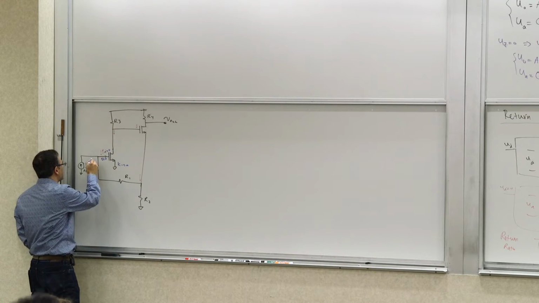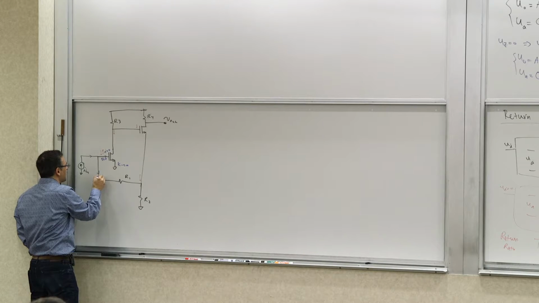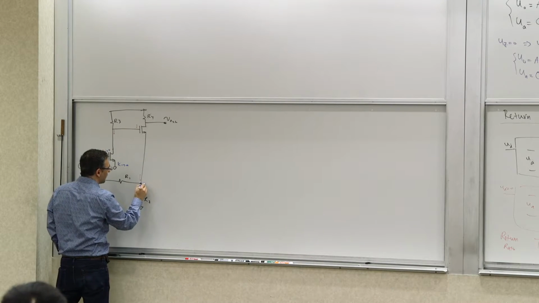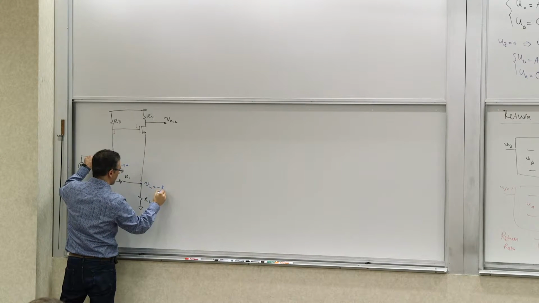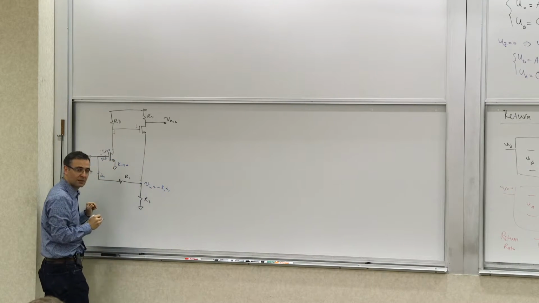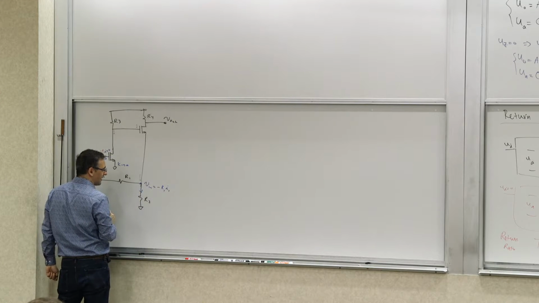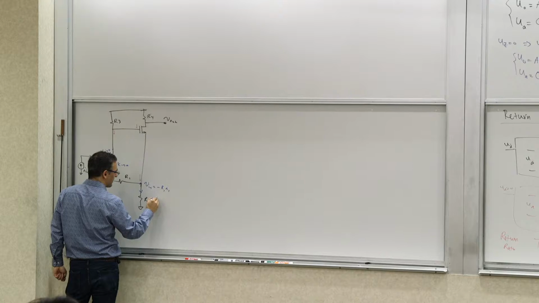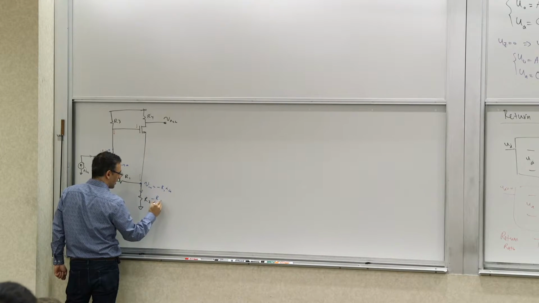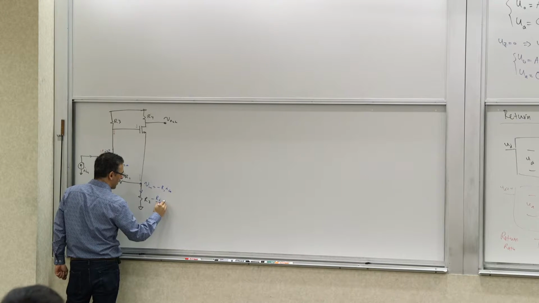Now, therefore, that means that this current I in is going through here, which means that this voltage, V in, is going to be negative, and the voltage here is 0, so it's going to be negative of R1 I in. Therefore, this current is going to be this voltage divided by R2, which is going to be negative R1 over R2 times I in,